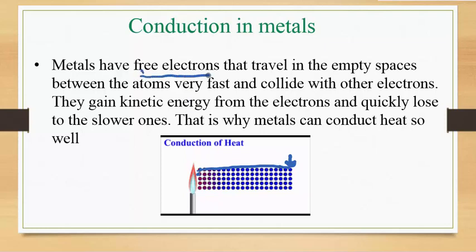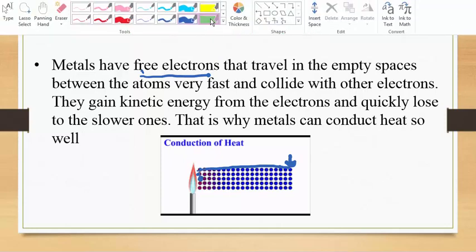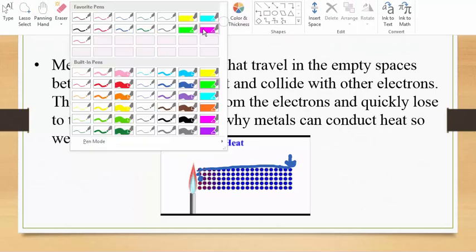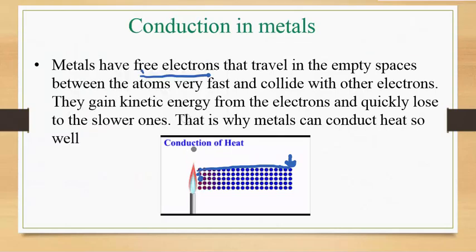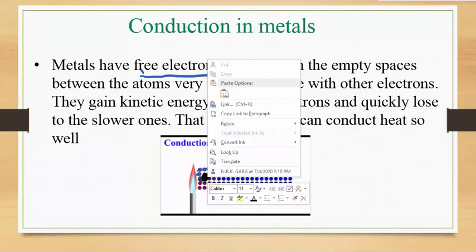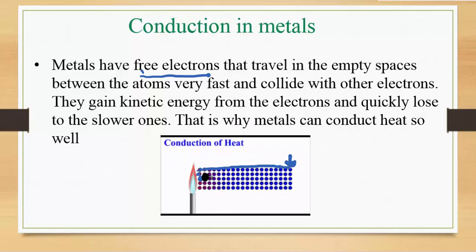Metals have free electrons. You know that a metal is that which carries free electrons. Means in metal the free electrons travel in the empty space between the atoms very fast and collide with each other. If this is my free electron, and this free electron gets heat energy from this heat source,